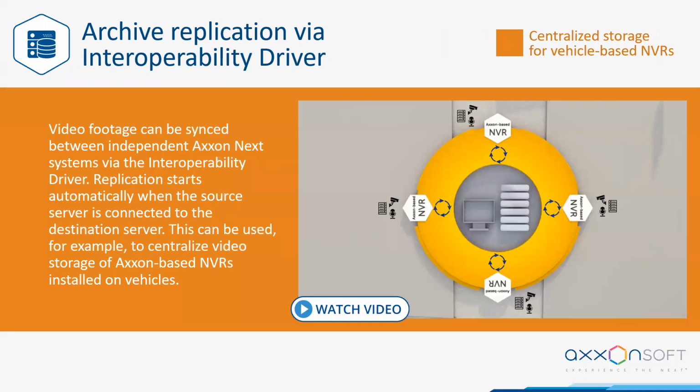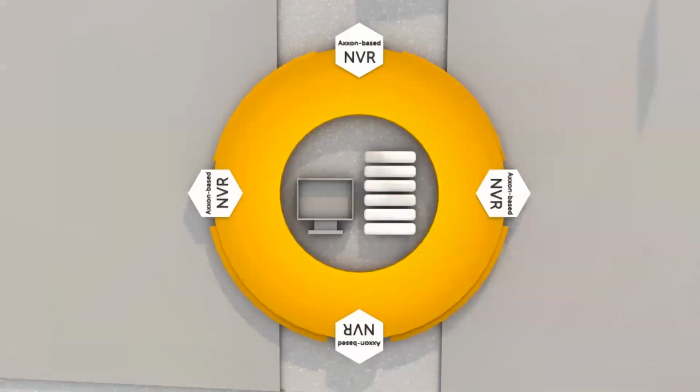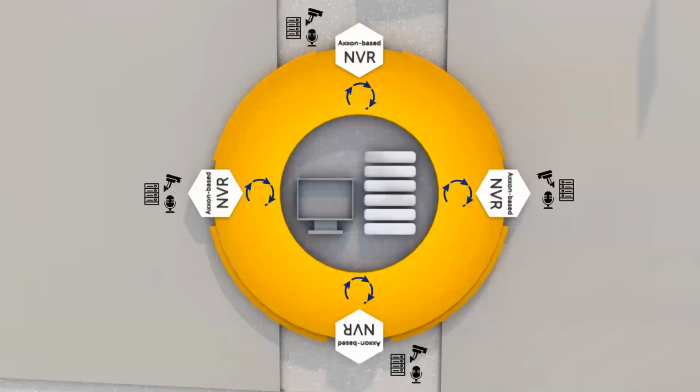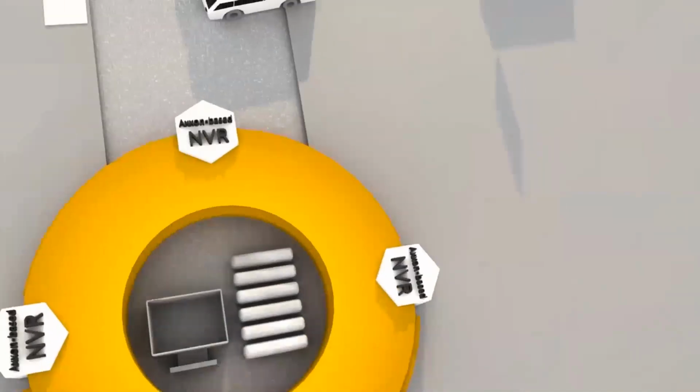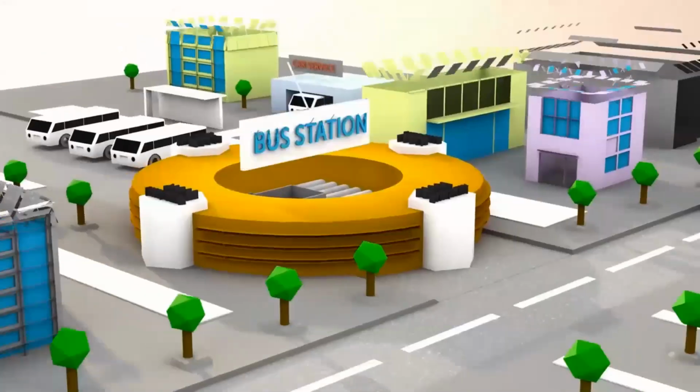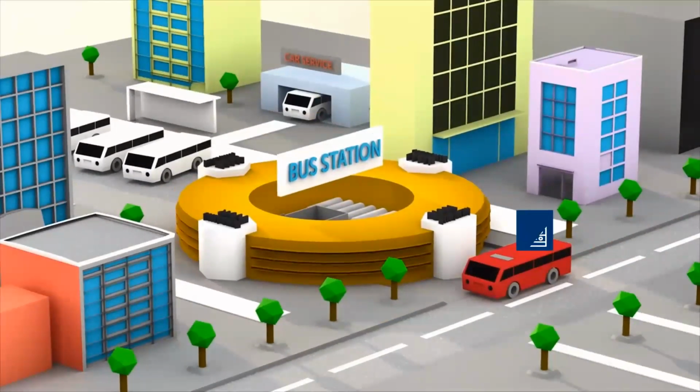Archive replication. So recorded video can be automatically duplicated from the server on which the video is stored. So with the replication, video, audio, and the metadata are constantly copied from one or several video archives to another user-specified archive, which makes the whole system definitely much safer.